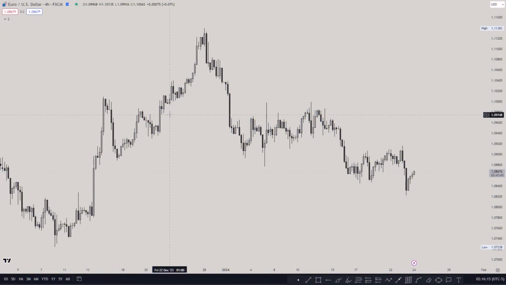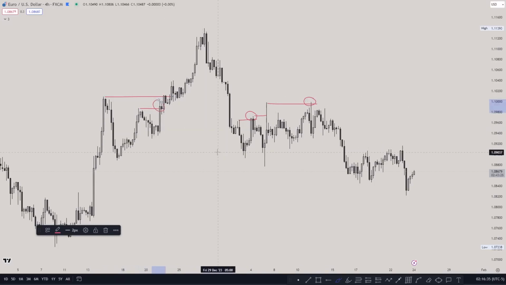Now in this video, what I'll be going over is simply why this level of liquidity, for example, was a high probability liquidity sweep, why this one was a high probability liquidity sweep, while this one is not, and this one is not. So I'll be guiding you to differentiate between the high probability one and the lower probability one, regardless of the